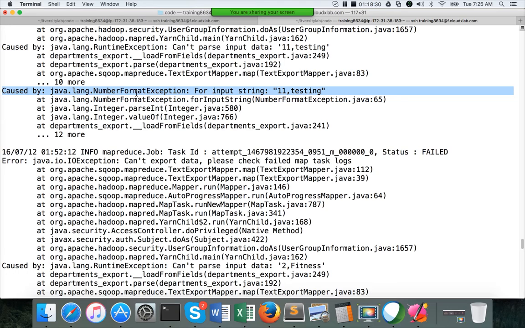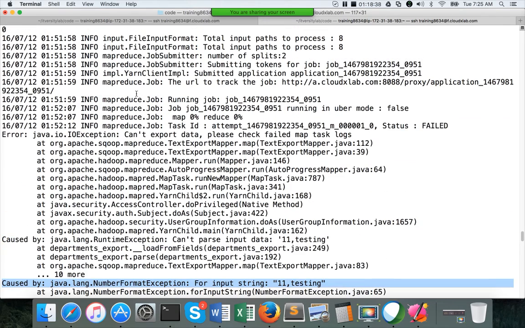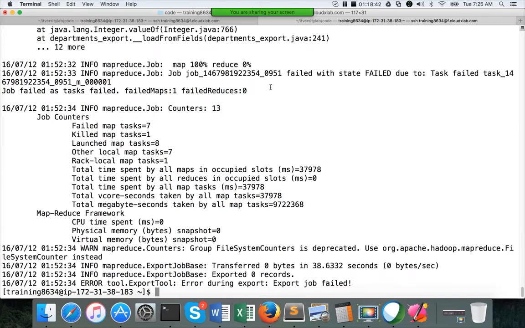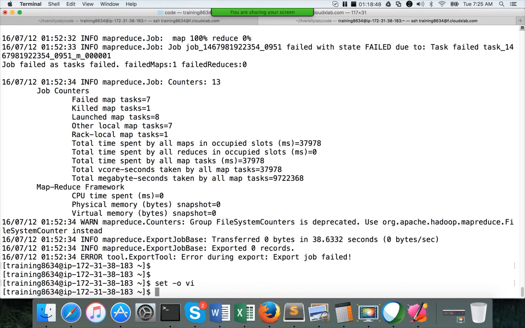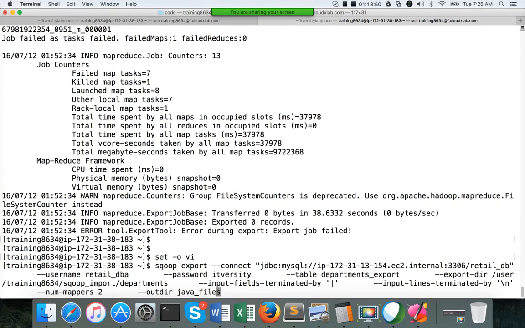If the information is not good enough from here, then you have to go to the browser, paste this URL, and go to the logs of the underlying task, and you will be able to identify the issue. So in this case, what I have to do is, the delimiter is comma, not the pipe. So I have to change it over here.